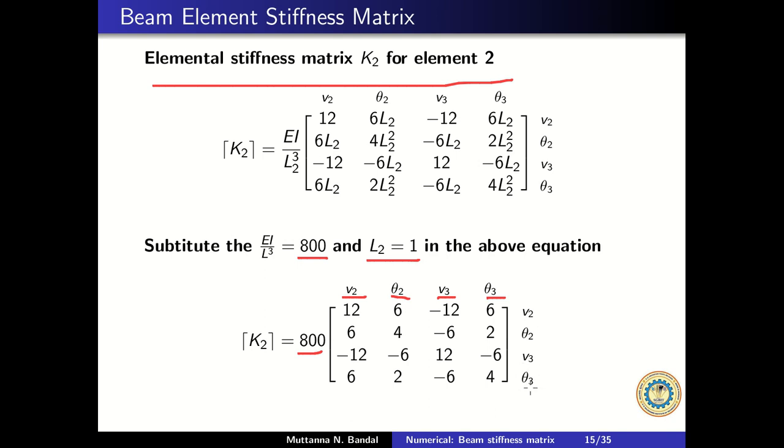And you note from K1 they are different. This is V1 theta 1, V2 theta 2, V1 theta 1, V2 theta 2. So hope you have noted these variables carefully, because this will be useful while